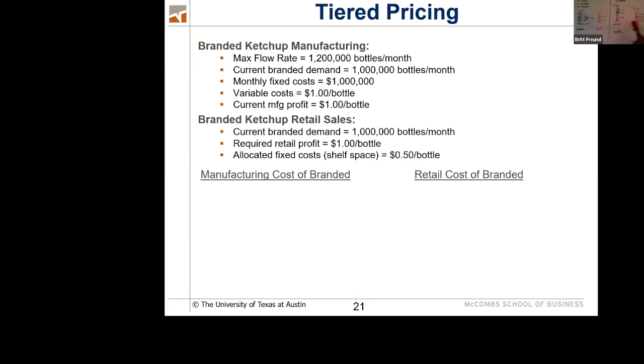Notice the decrease in price did not arise because of some magical increased efficiency or whatever. That's not what happened here. It's the exact same factory making the exact same ketchup under the exact same circumstances. People often think that cheaper prices only arise because of magical efficiencies or cheaper variables. No, everything's the same here. Okay, I want you to understand that everything's the same.